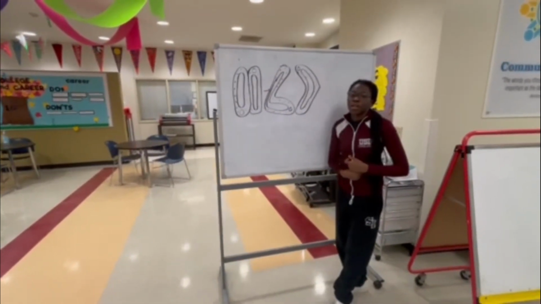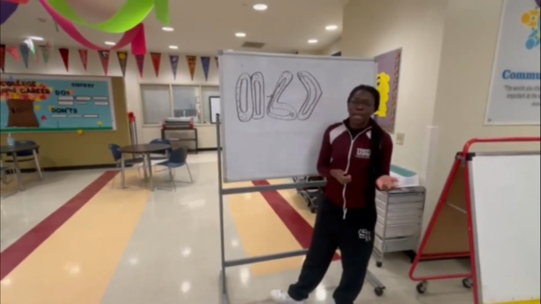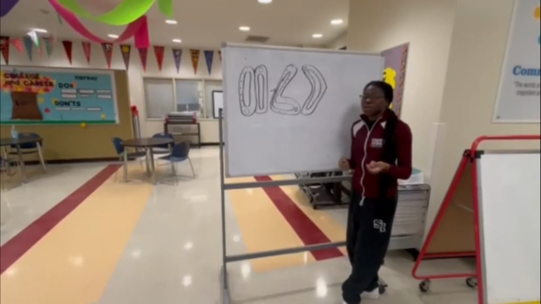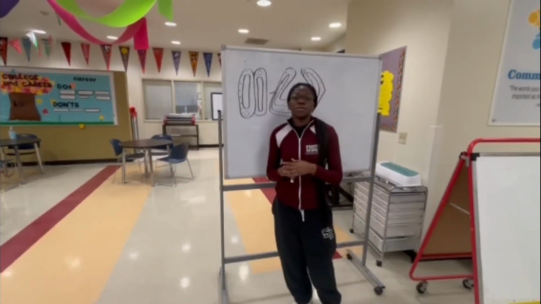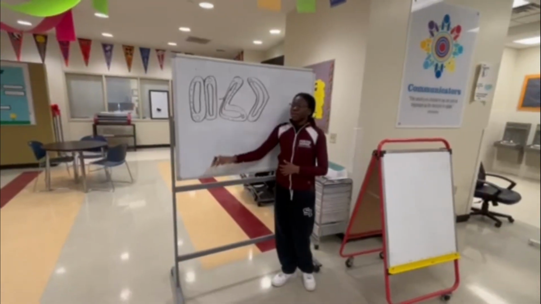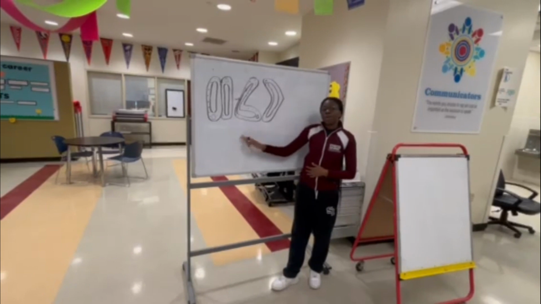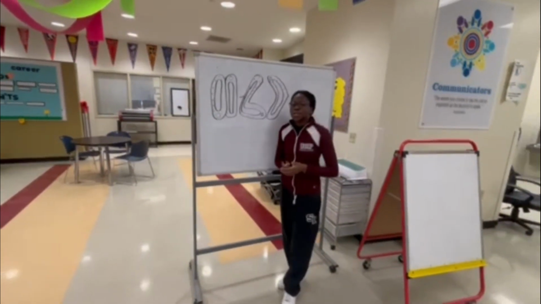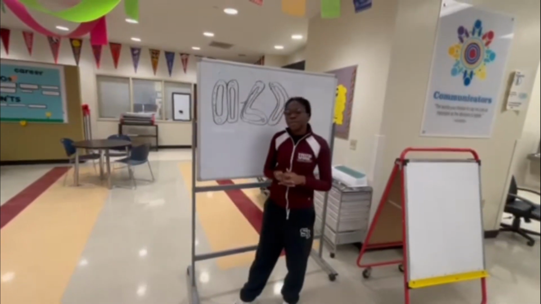And what the stomata does is that it regulates the gas exchange between the plant and its environment, and it also regulates the changes of water loss within the plant. Here we have a drawn out diagram of what the stomata looks like. The role and function of the stomata is to regulate the gas exchange of